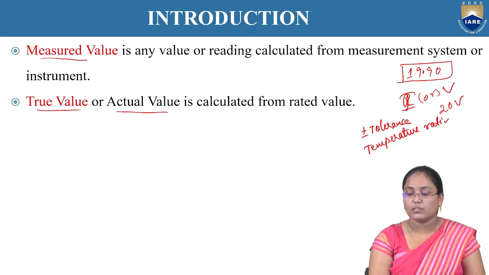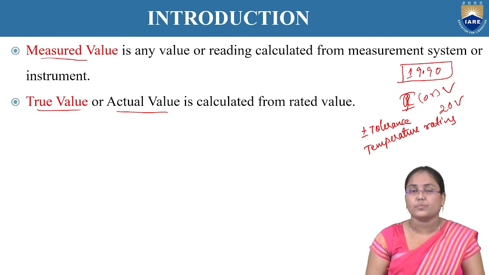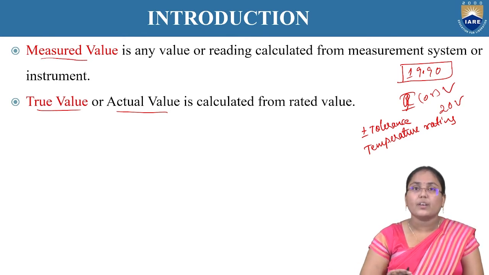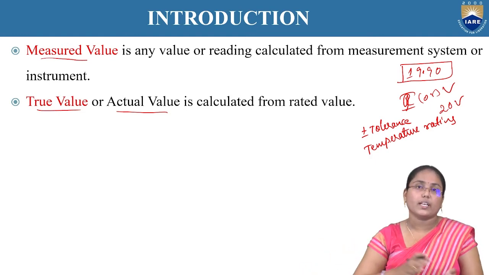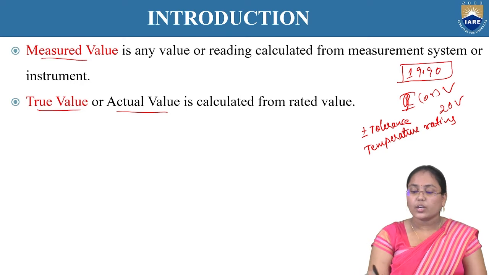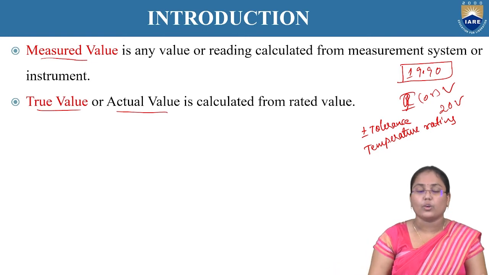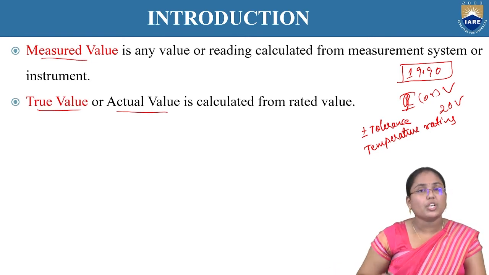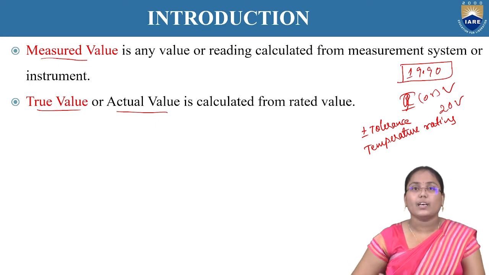Temperature rating. When the temperature rating is exceeded, there will definitely be some problem in the measurement process, because that particular element can't withstand it if the temperature is increased or is not in the range of the temperature rating. In such cases, the theoretical value will not be exactly the practical value. So the measured value is a practical value which we see in the measurement process, and the true value is what we can call the theoretical value.